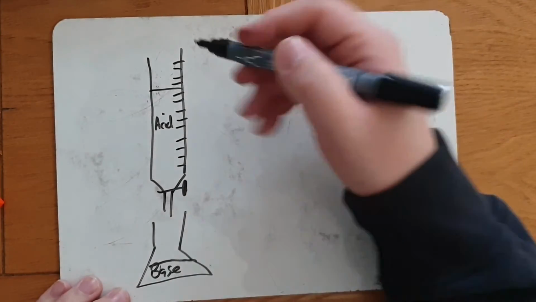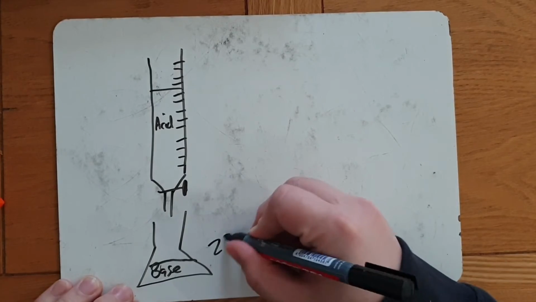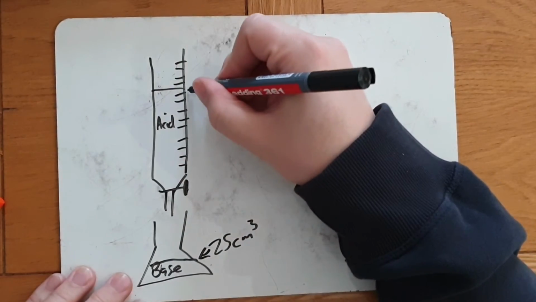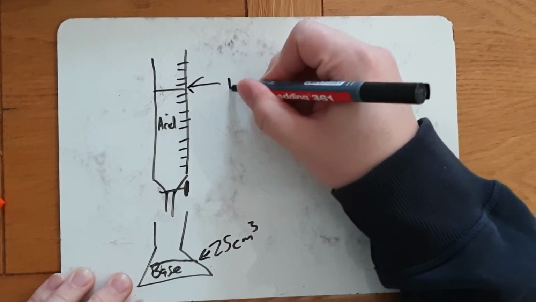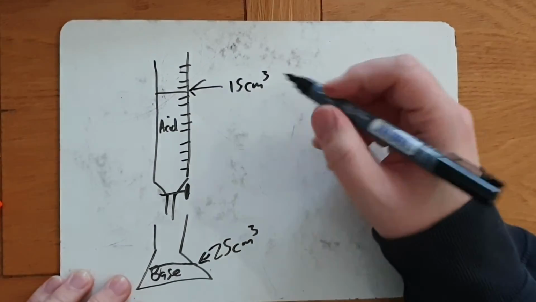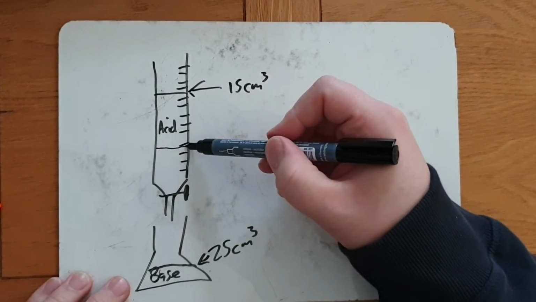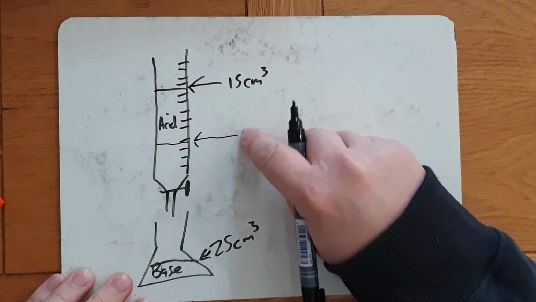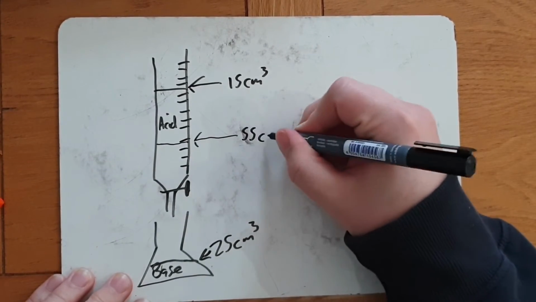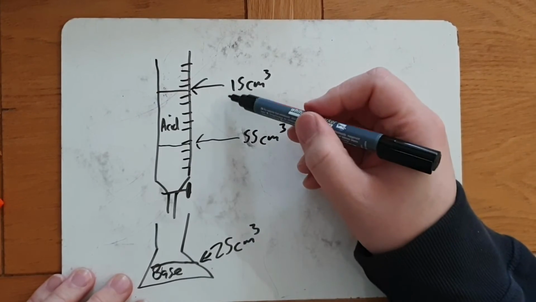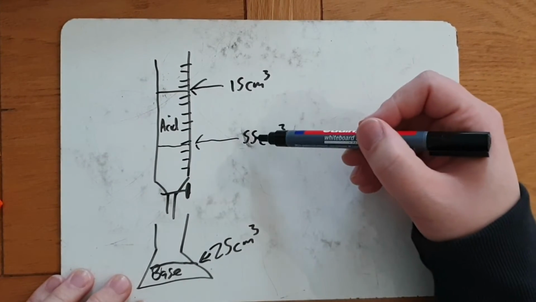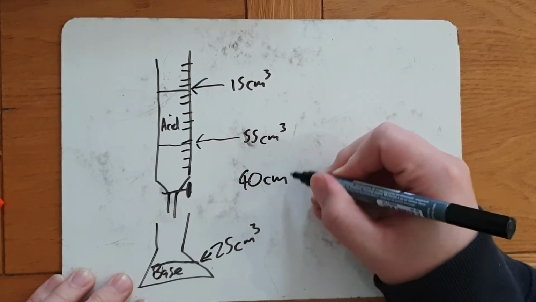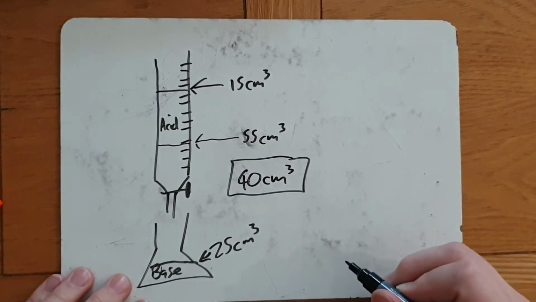We can look at this, so we know exactly we've got 25 centimetres cubed of base in there. Let's say this reading says 15 centimetres cubed. Then we do our experiment and it goes down to here, and that one says, I don't know, 55 centimetres cubed. And we go, how much acid did we add? So we do 55 take away 15, and we can say that we've added exactly 40 centimetres cubed of acid